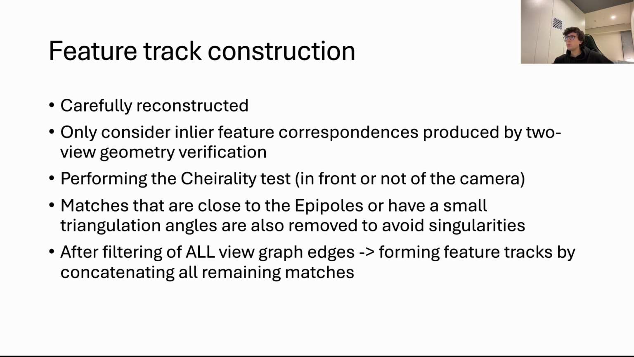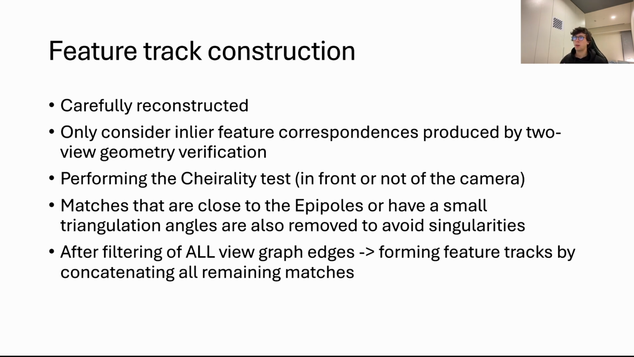So in the first part, they have to construct these tracks, but they have to pay particular attention to constructing these tracks because, again, global structure from motion is very, very sensitive to outliers and noise. Therefore, they have to put much more consideration into this inlier feature extraction, let's say. So, for example, they only consider inliers that are